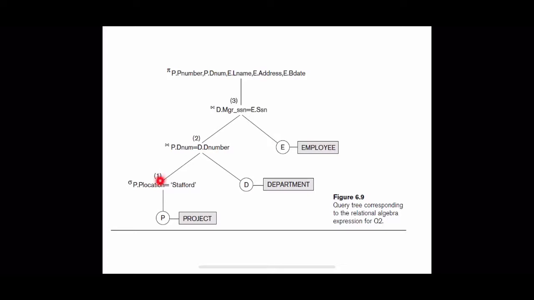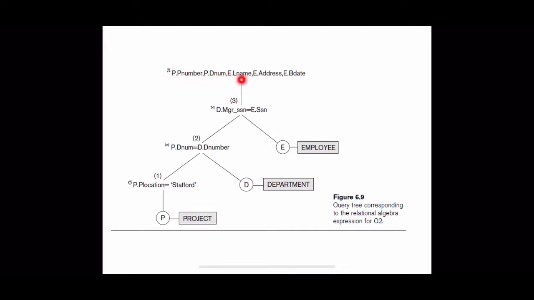So here you can see that the execution should begin at the node labeled 1. Only then can the node labeled 2 proceed. It is waiting for the results of node 1, and then it will execute using this relation and the department relation together. When the execution at node 2 finishes, it results in a relation which is given as the first operand for node 3, and the second operand will be employee. Together it will execute the expression here, and finally it will reach the root, where the projection operation is done.